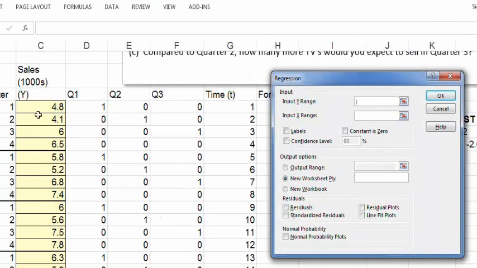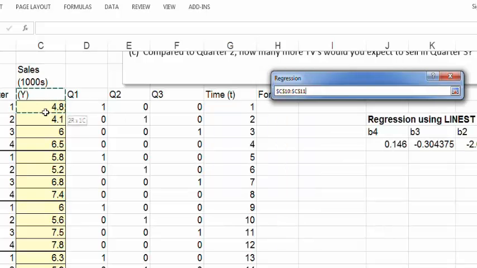You have the option of including the labels, and it's nice to do if you have that option. So I'm going to click on Labels, which means the first cell is going to be the heading, the label for my data. So when I go to input Y range, I include the heading that says Y, and then